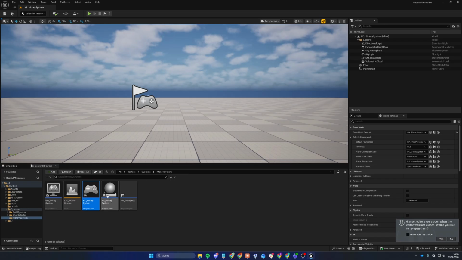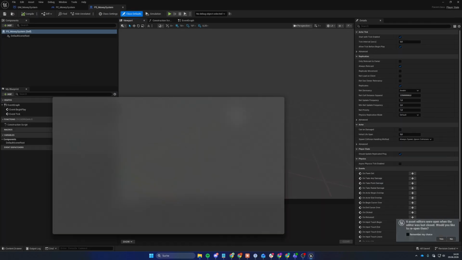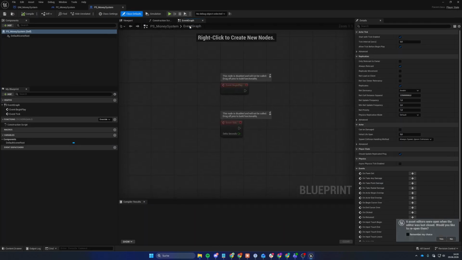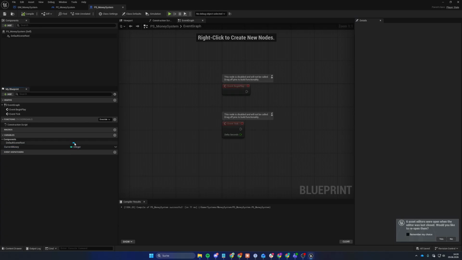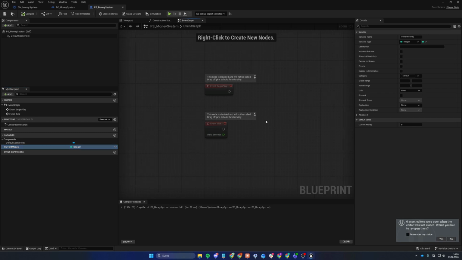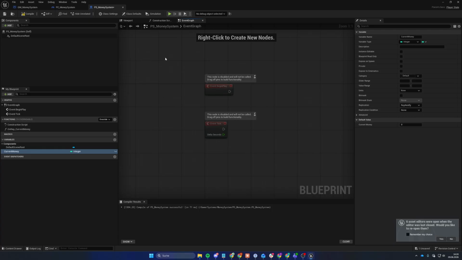And for that we're going to go into our player state and open up the event graph, and first we're going to create a variable which is our current money, like this, and it will be an integer. You could also use a float, but I want to do it with an integer. And now we want to go to replication down here, so select replication, and we want to enable rep notify. That just makes sure that if the variable is changed on the server, every client will be notified, and this